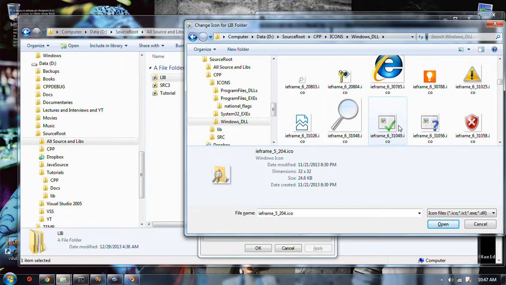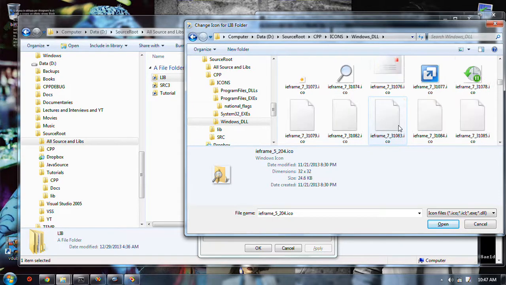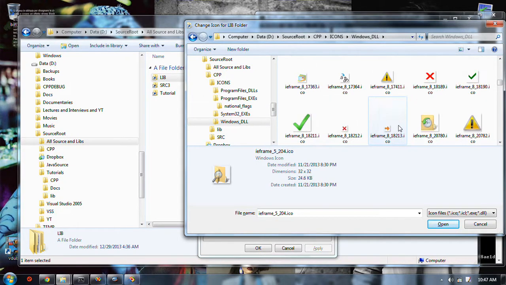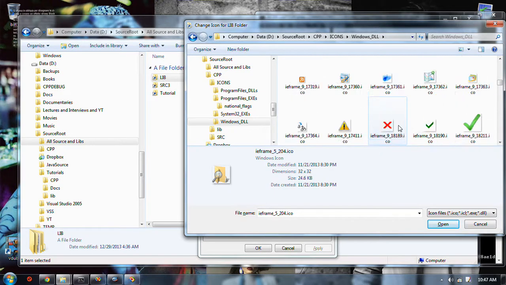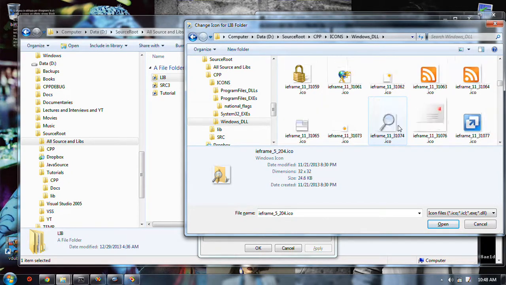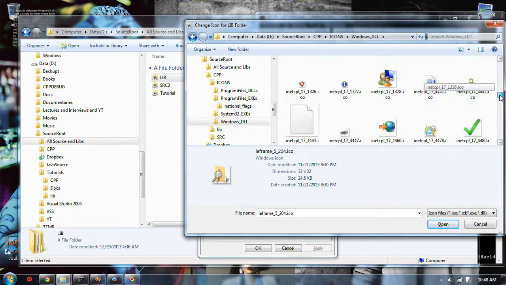Something interesting, at least. Unfortunately, there are a lot of repeats because a lot of these programs use the same icons. They just copy each other's icons. Okay, get out of IE frame.